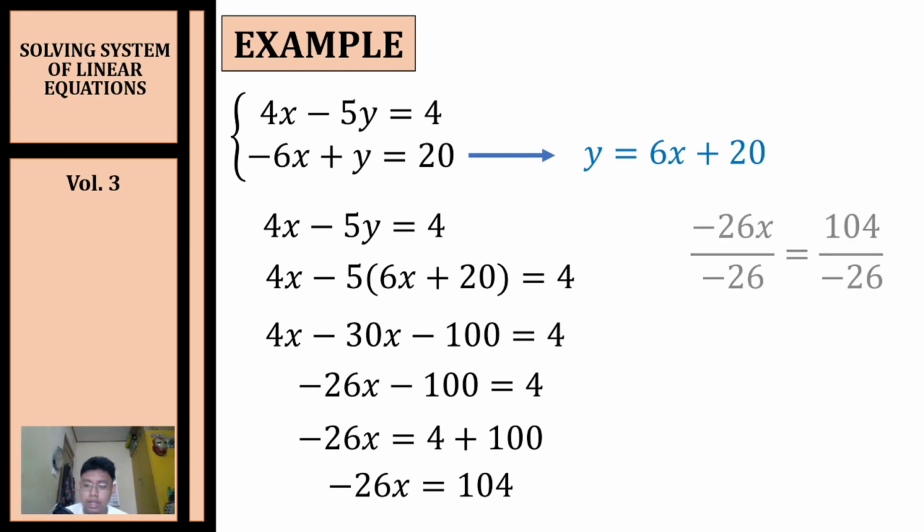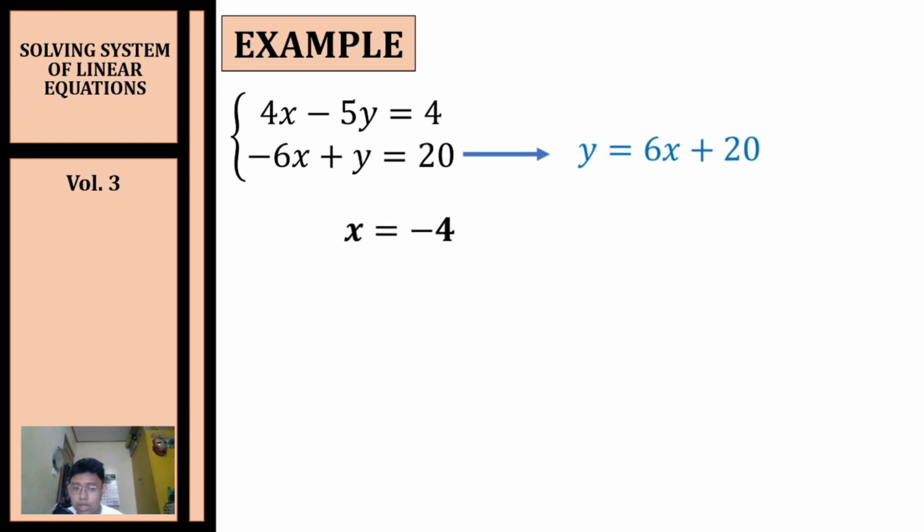Then from there, let's divide both sides by negative 26. So 104 divided by negative 26, we have x is equal to negative 4. Now that we have our value of x, we can now use that in order for us to solve for the value of y. We can either substitute the value of x to our first equation or second equation, or the isolated form of our second equation. For me, I will use the isolated variable y equation of our second equation, because